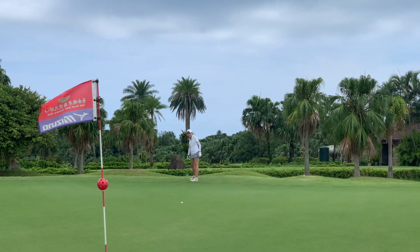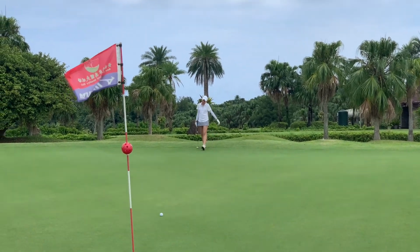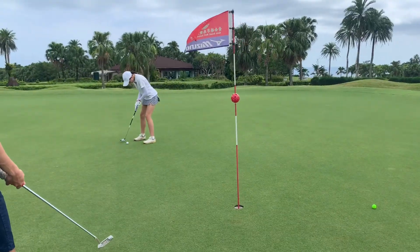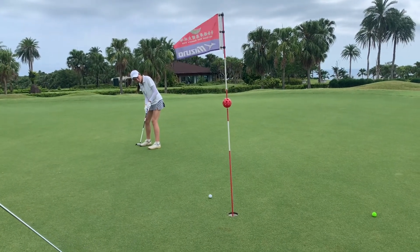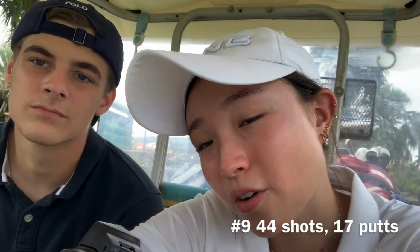So her distance and her ability to get to these par 5s really improved. That was a decent roll, but she's left herself with about 8 feet. That was a fabulous putt. A nice par. So after the front 9,